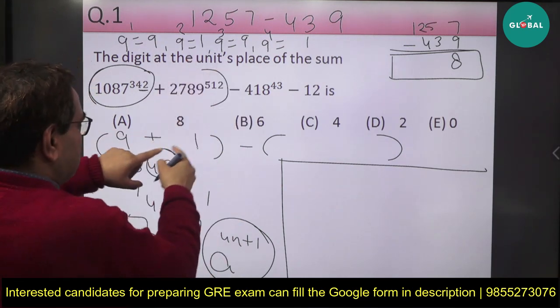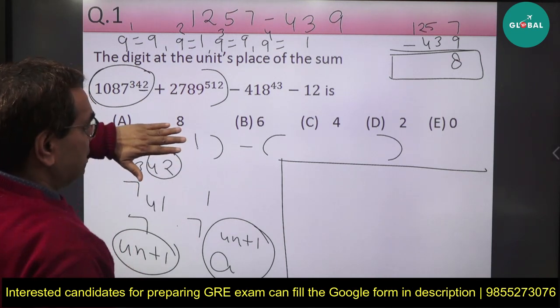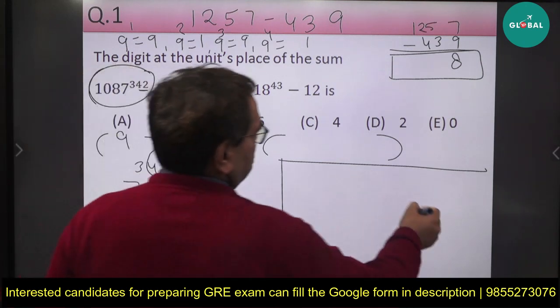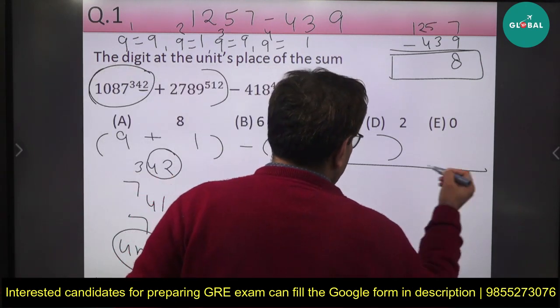Okay, so we get 9 plus 1, 10. So digit is the 0. Digit at the unit place of this sum is 0. Okay, so this is 0. Now